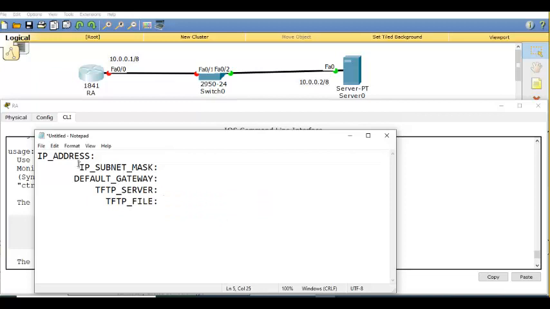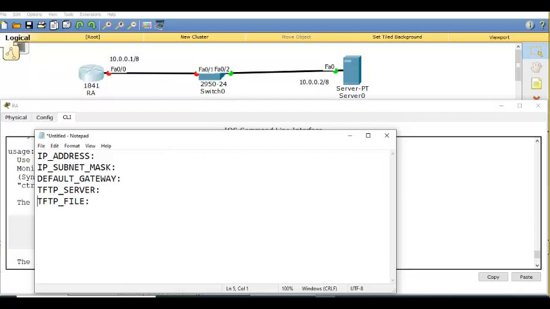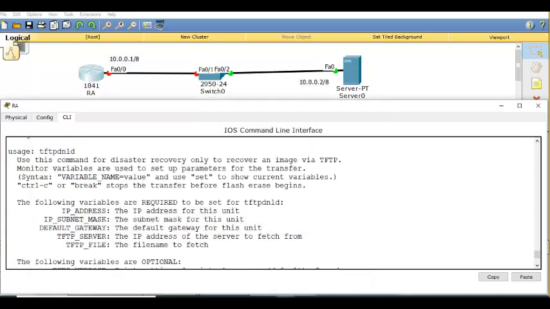So this is a template actually we are using now.